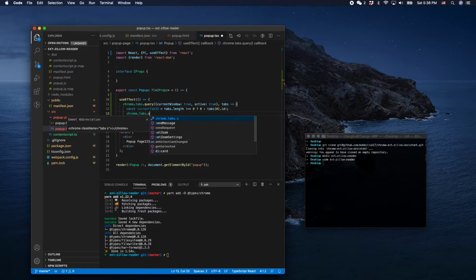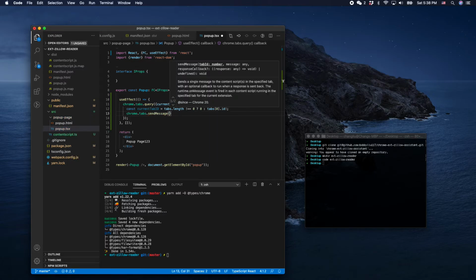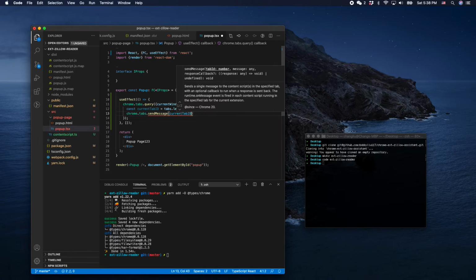Yes, send message to the tabs. And which tab? The tab ID is the current tab ID. As you can see, there's an intelligence that's directing you and what message you want to send. For now, we don't have to send any message to that because we only send once. If you send multiple times, maybe this could be a tag to distinguish this message to be sent. And also a response callback, so whatever is sent back from